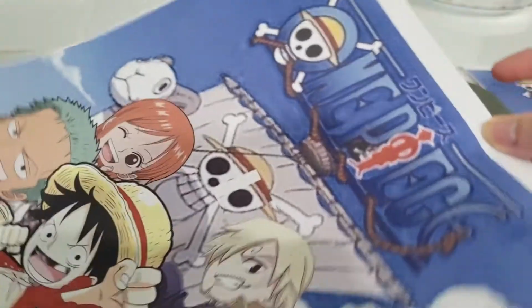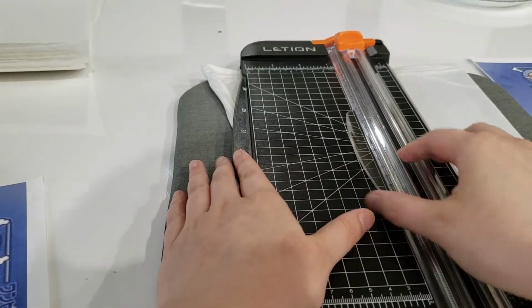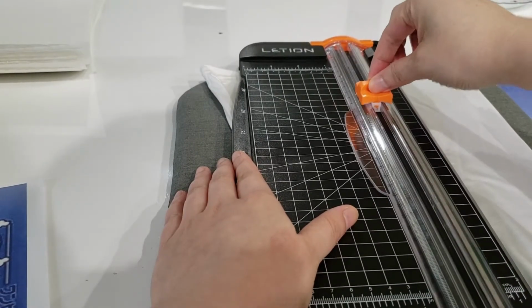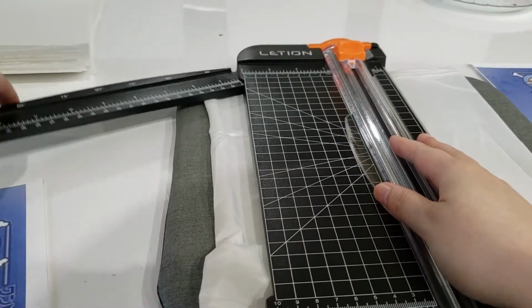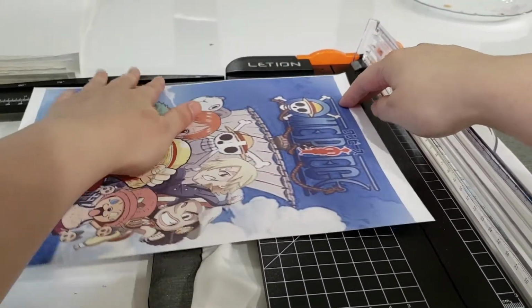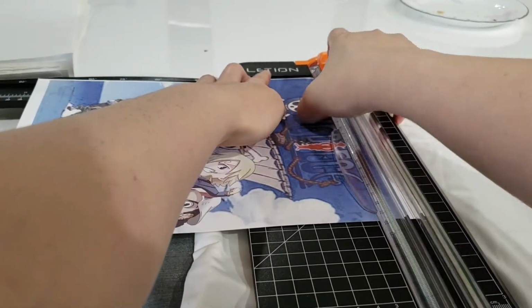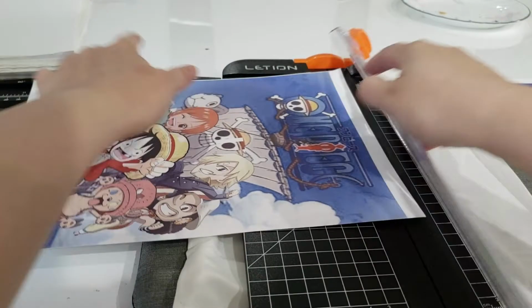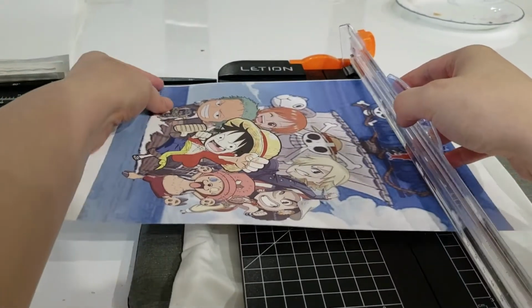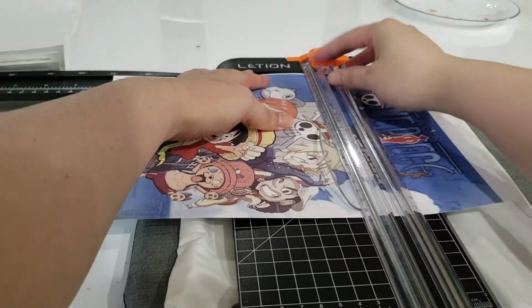So I'm using my handy dandy new paper cutter that I got from Amazon. It's super cool. This part lifts up, and then this cuts when you push down on it. And it also has this extendable thing so you know that you're cutting straight, which you would think would make it goof proof, but I tried cutting some stickers earlier and I still managed to cut it crooked, even with the guide. I don't know how I do those things, but anyways, I'm going to just line it up roughly